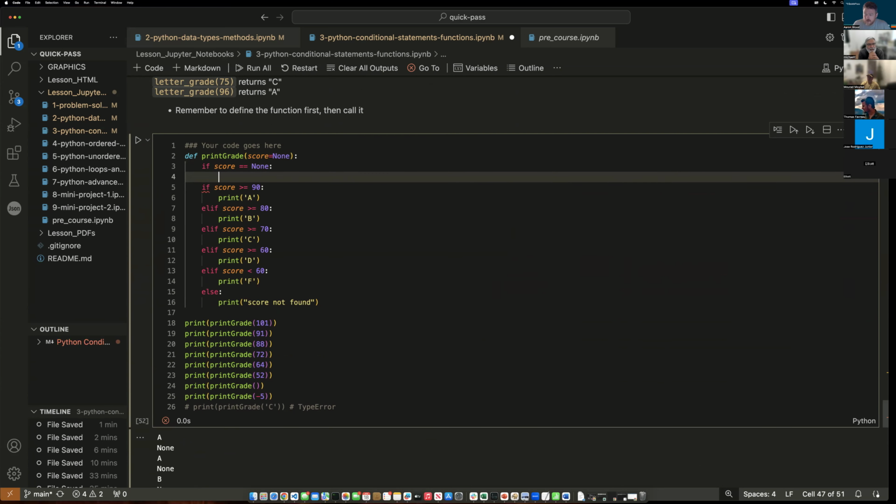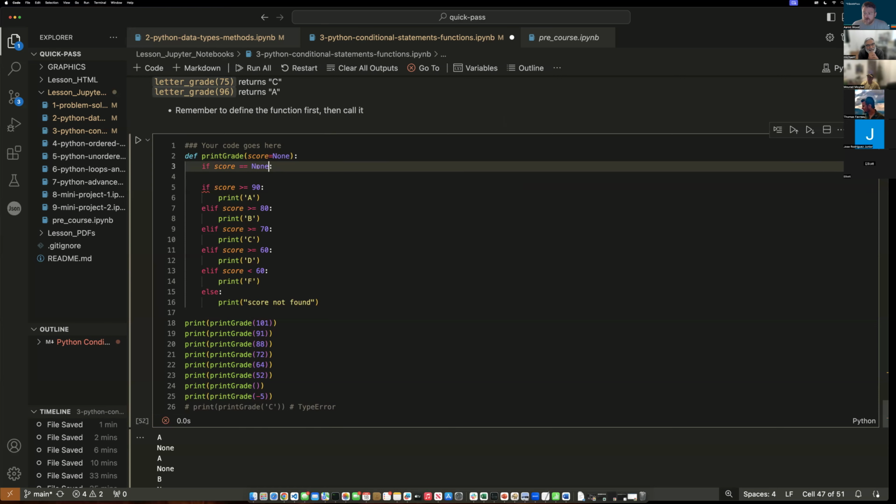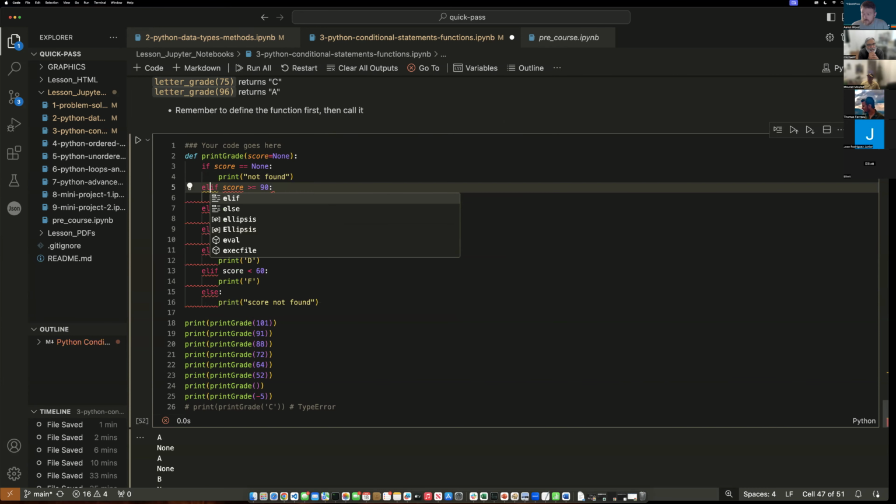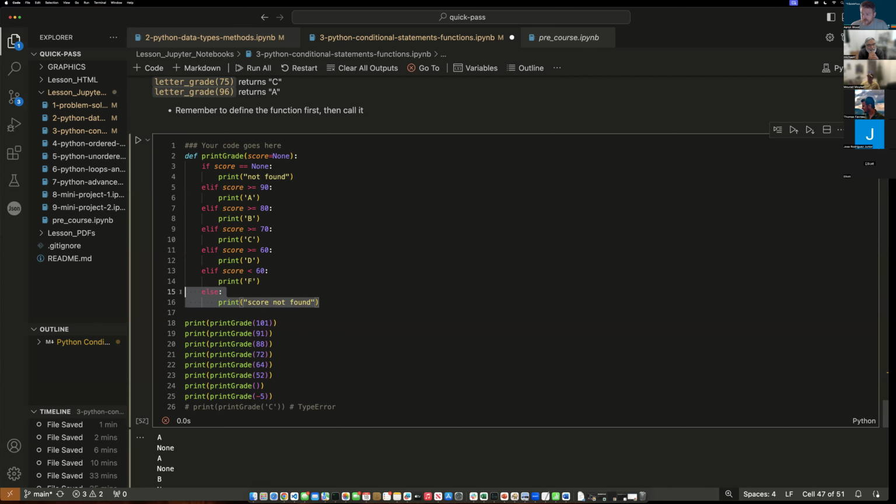Could you say if score is not a number or? Yeah, I mean, but you know it's going to default to None if it's not found. You could do that, or you can say if score is not a number, or you can do all sorts of comparisons, and you're free to do whatever you want, really. In this case would cover anything that is defaulted, because it's going to be None if it's not there. Then you can print score not found. Would you change line 5 to an elif or just leave it as is? Elif, yeah. Okay. Yep, and then you actually go back to else here, so else